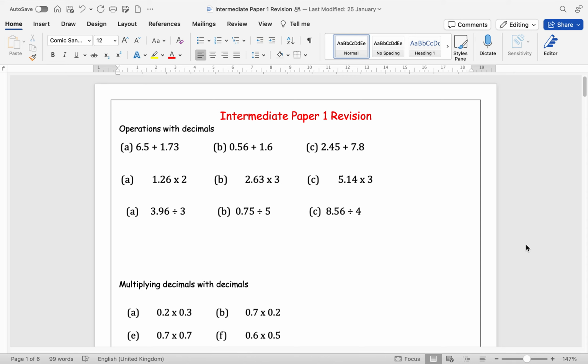This is your intermediate paper 1 revision. It's a little bit late getting to you. Apologies. I know the exam's either tomorrow or the day after, but hopefully you can have a quick look through it. For those who didn't take the paper version of the revision sheet home, I'm going to do my kind